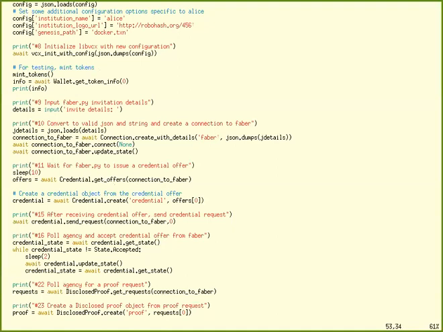So here it gets the offers, and then the result from the first call is going to be an array. But in this simplified use case, there's really only one there. Then it will create the credential from that offer, and then it will send the request. And then at this point, it will wait for the credential from